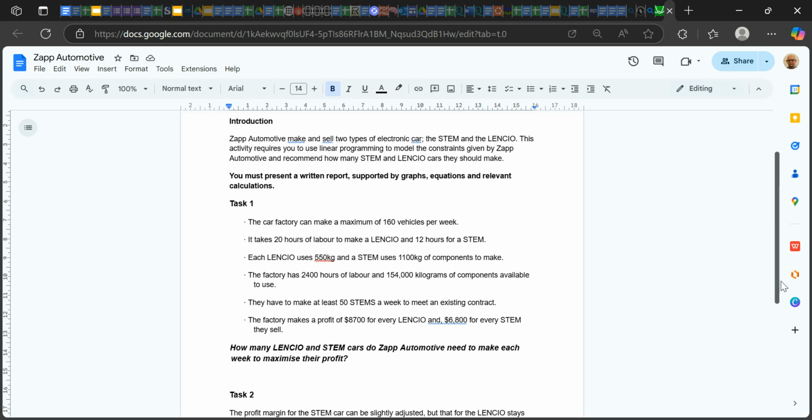Now, let's have a look at the constraints. The car factory can make a maximum of 160 vehicles per week. It takes 20 hours of labor to make a Lencio and 12 hours for a STEM. Each Lencio uses 550 kilograms